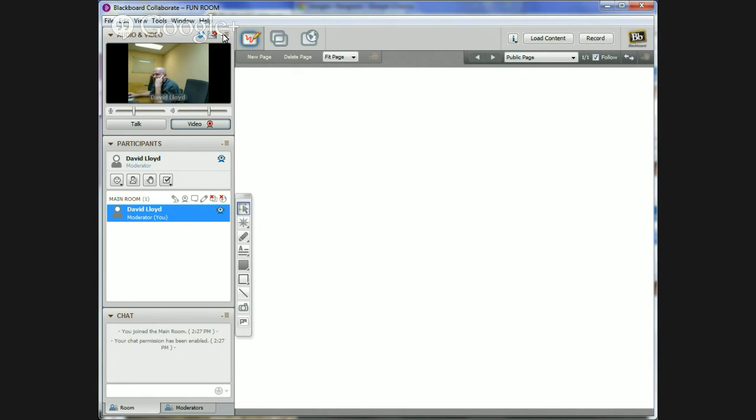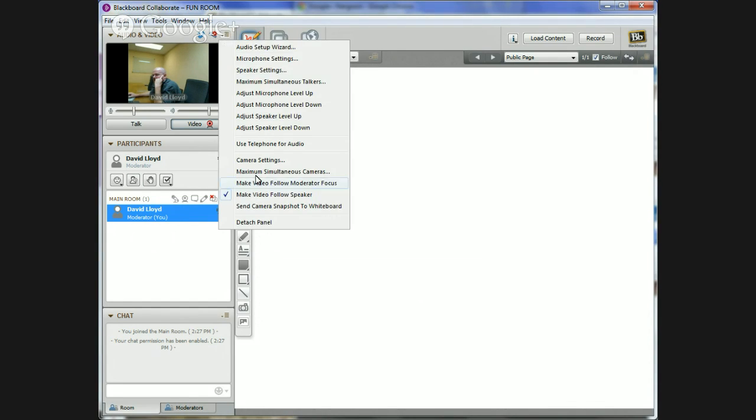And then on the far end, I have a drop down. There's little three lines in the list. This is actually just a menu bar. If I click on that, there's a lot of things I can do. This is where I may set up my camera. I can make some different adjustments, speaker settings, microphone settings. I can also